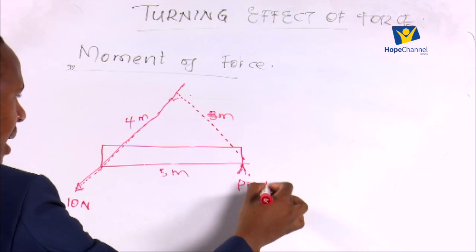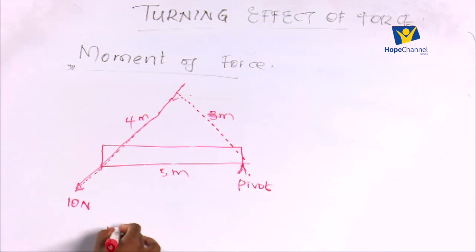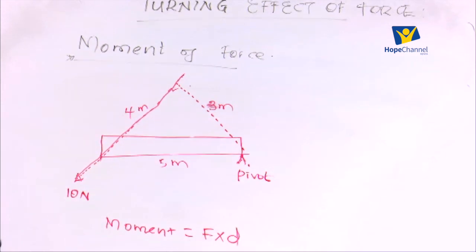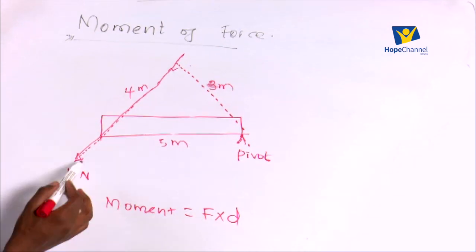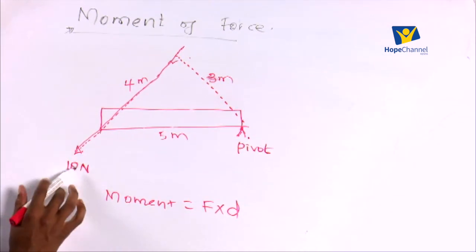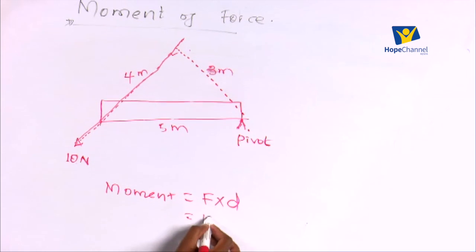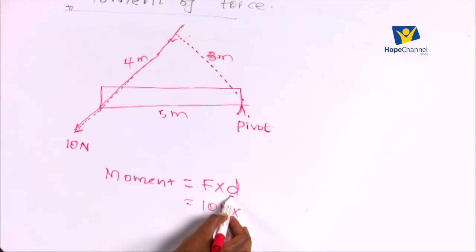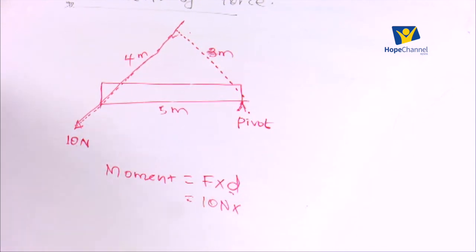The pivot is at that end there. We know that the moment is given by the force times the perpendicular distance. Now look at this diagram. We have a force of 10 newtons. Of course, the value we're going to use here is 10. There's no question about it. Then times the distance. But now this distance has to be, from the definition, we said that the moment of